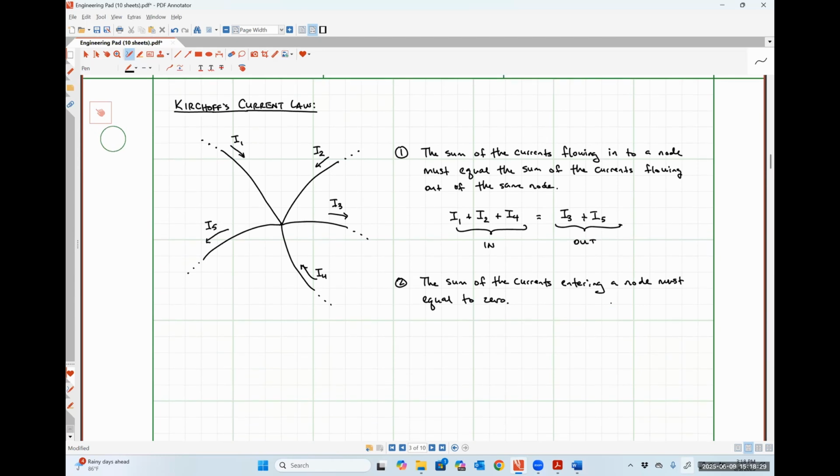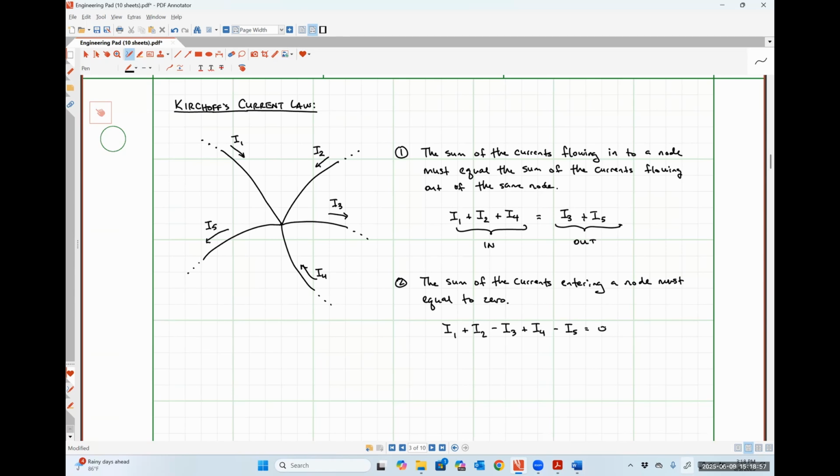So essentially, all of the currents that are already flowing in will get a plus sign, and the currents that are flowing out will get a minus sign. So we'll wind up having I1 plus I2 minus I3 plus I4 minus I5